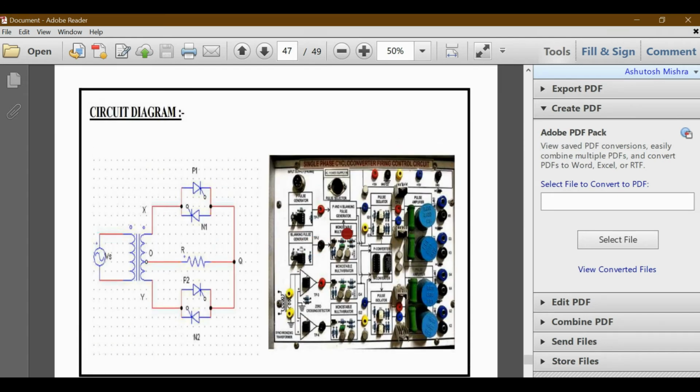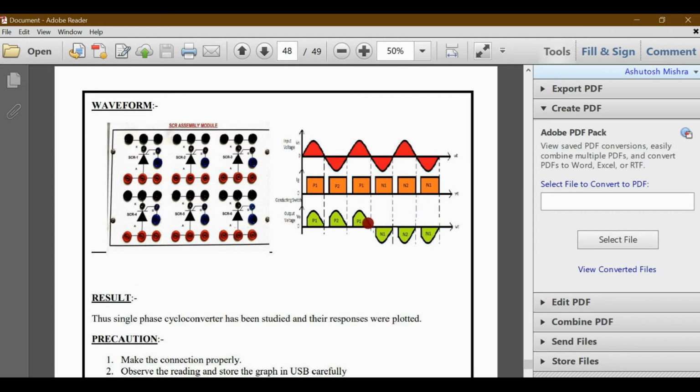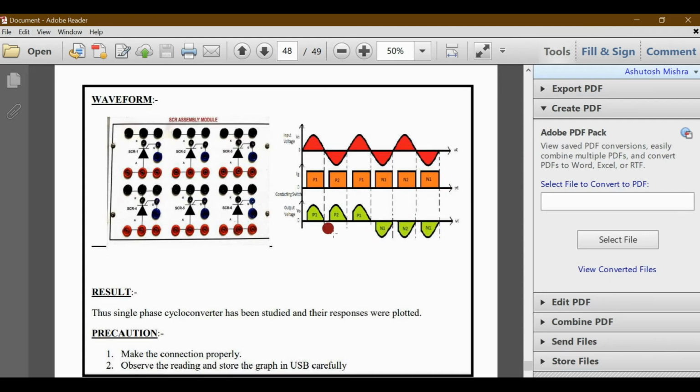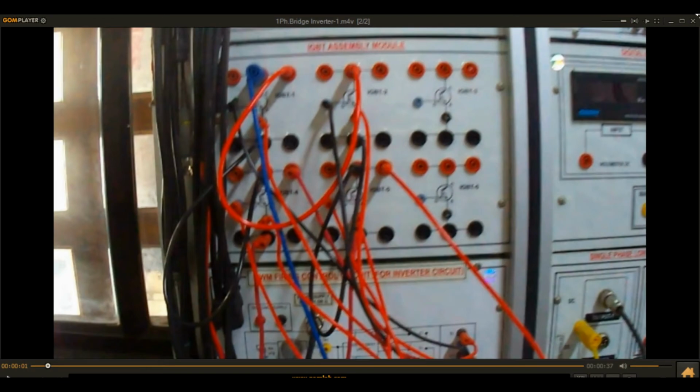This is not a step up cycloconverter, this is a step down cycloconverter, because here you see the output voltage, P1, P2, P1 are conducting. This is the frequency of the AC cycle. See here, this is the sinusoidal AC waveform, positive half supply, negative half supply, positive half supply, negative half supply. During the positive half supply, P1, P2, P1 are conducting, and during the negative half supply, N1, N2, N1 are conducting. So we will directly go to our simulation and we will watch.